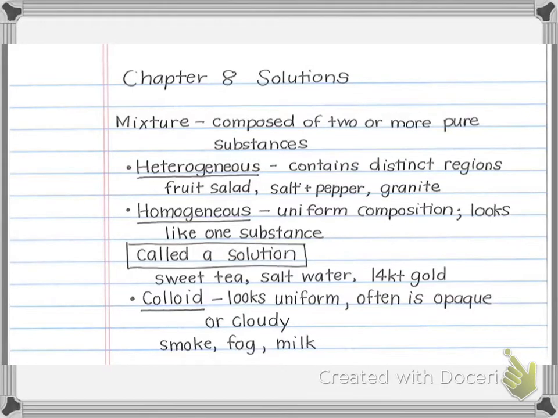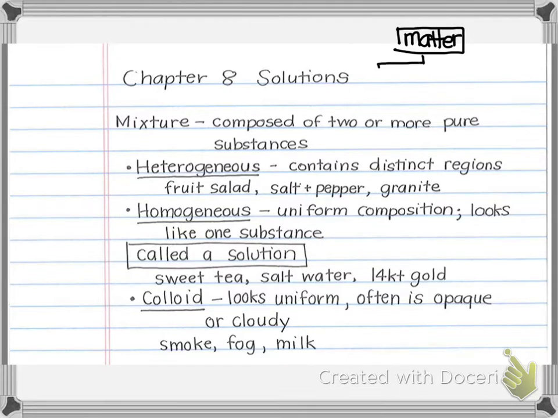In this chapter, we're talking about solutions. Solutions are a specific type of mixture we call homogeneous. We'll begin by looking at some of the vocabulary. If you remember from earlier in the course, we have matter, which is what things are made of,